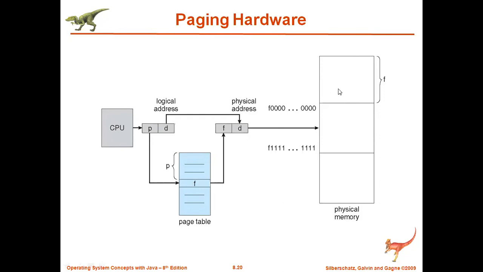Then the time to access one data from the main memory is going to double in case of paging, because first we need to go to the page table. This page table is also there in the main memory itself. That is, indirectly we are going to the main memory only. Instead of directly going to the memory, we are first contacting the page table, which is in main memory. To access this page table, we need 10 seconds. Then once we get the frame number, we again go to the main memory to access that variable, and that will again take 10 seconds.